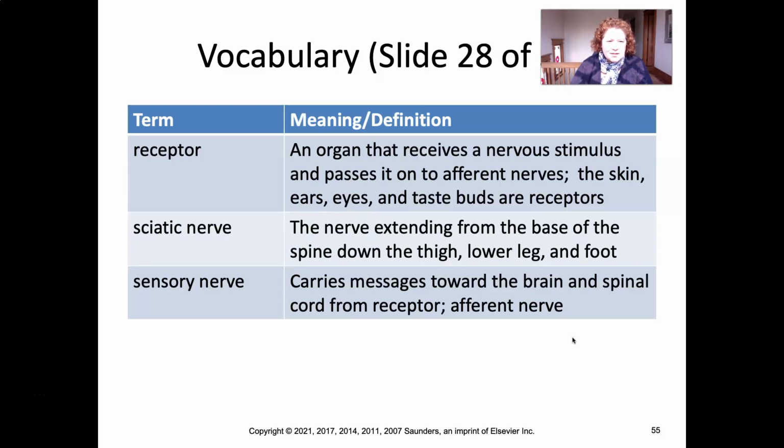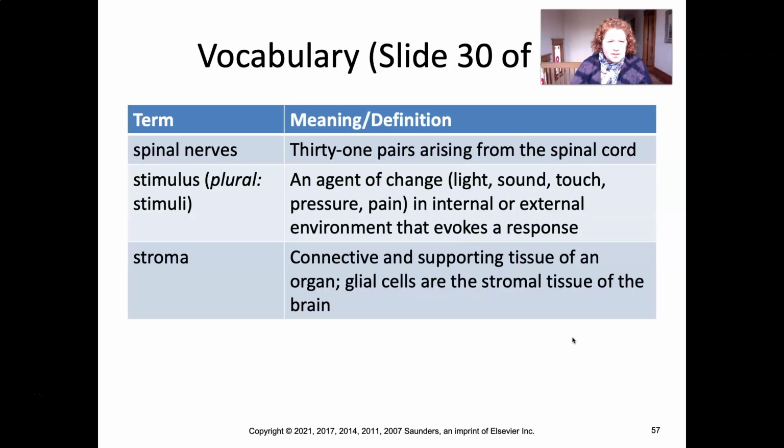Receptor, sciatic nerve. If you've ever heard of sciatica, that is a condition of pain, severe pain with that nerve. Sensory nerve, spinal nerves. You have 31 pairs. Stimulus, stimuli,